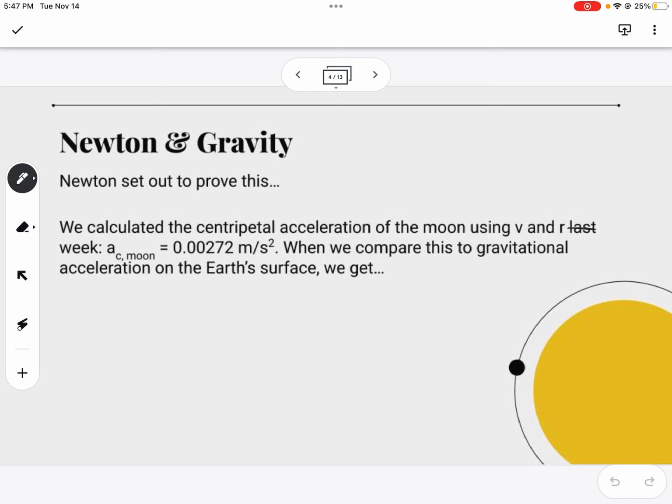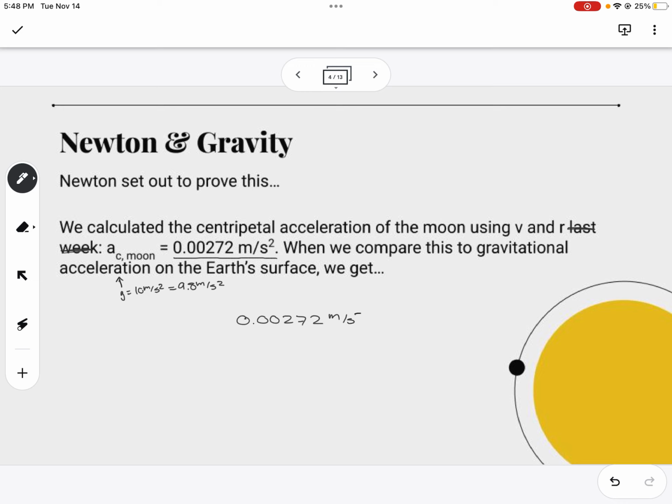So not last week, but on Tuesday, we actually calculated the centripetal acceleration of the moon. And we said that it was 0.00272 meters per second squared. When we compare this to gravitational acceleration on the Earth's surface, so what I mean by gravitational acceleration, I mean g. Usually we use 10 meters per second squared. More officially, it's 9.8 meters per second squared. So when we compare those two numbers,